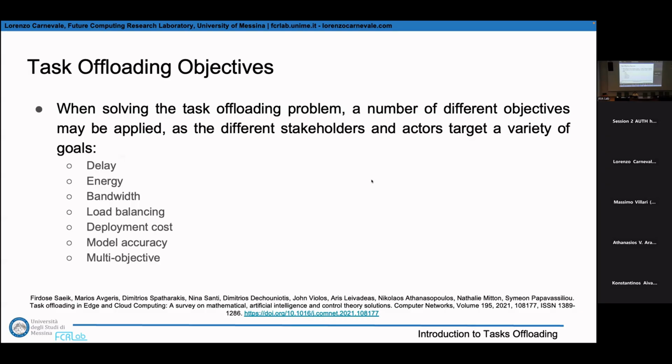Resources, for example, CPU, memory, disk input-output, or sometimes just deployment costs in terms of price, because our application is deployed on a server, like a cloud solution like Amazon or Microsoft Azure, and of course, with the concept of utility computing, we pay for the amount of resources that we use. Then this could be about the model accuracy, or much more interesting, could be a subset of those or all of those. So this is a multi-objective solution.